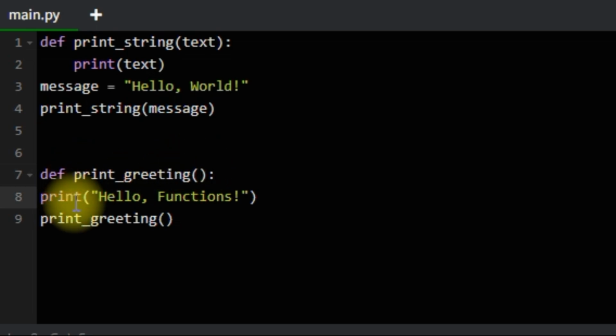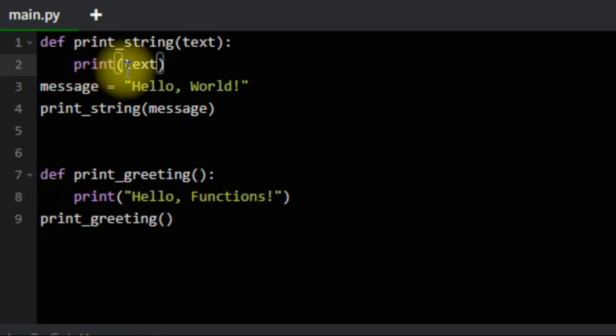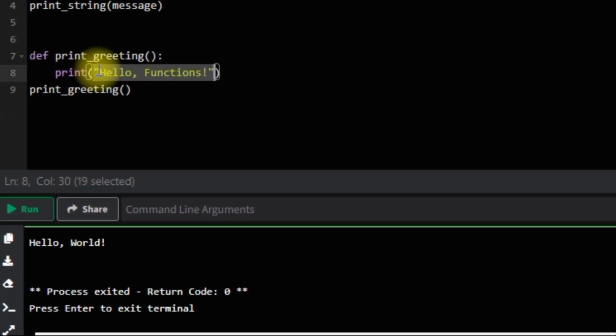After that, inside the function I want to display print hello functions, because if you see, with the parameter we write the parameter here, and here we do not have a parameter, so I am displaying the same thing. Instead of the parameter I just type the message, and then I am calling my function in the main program,